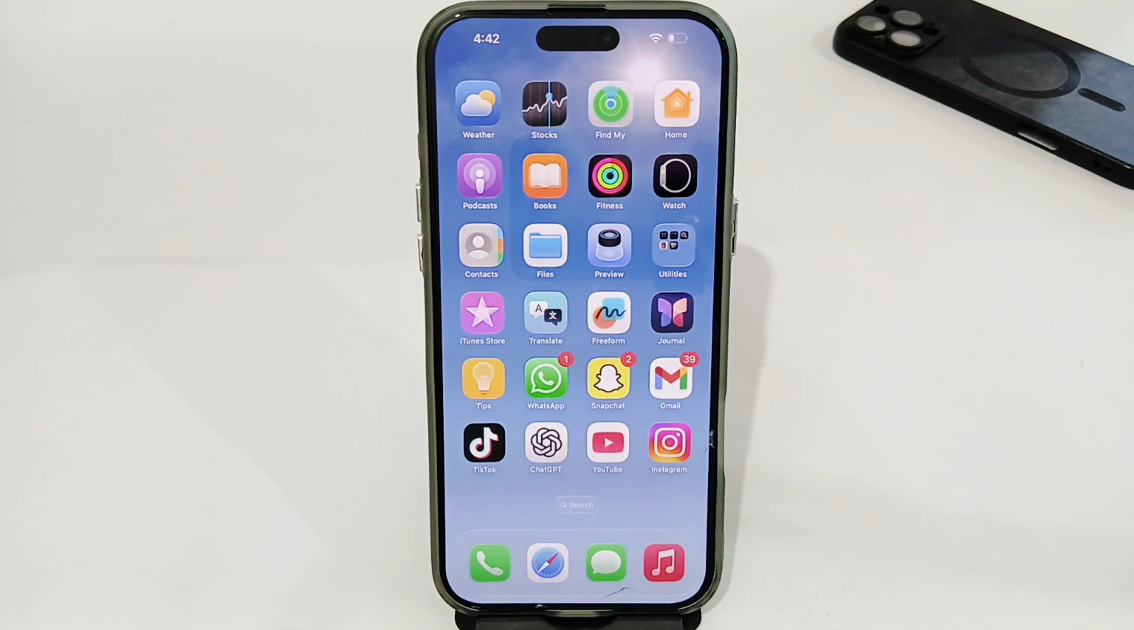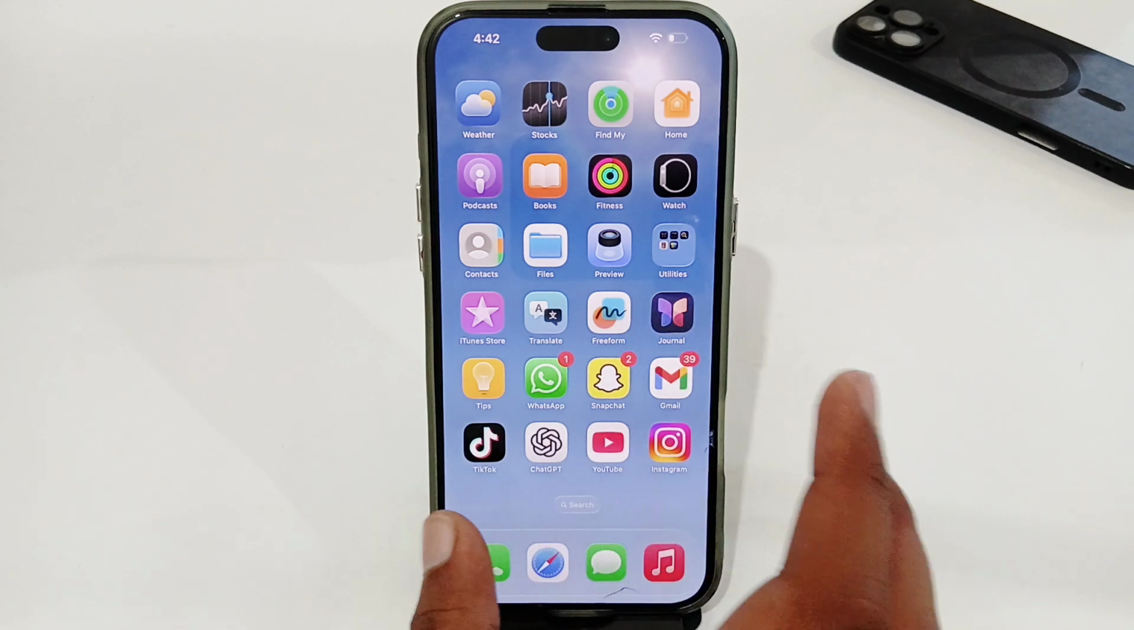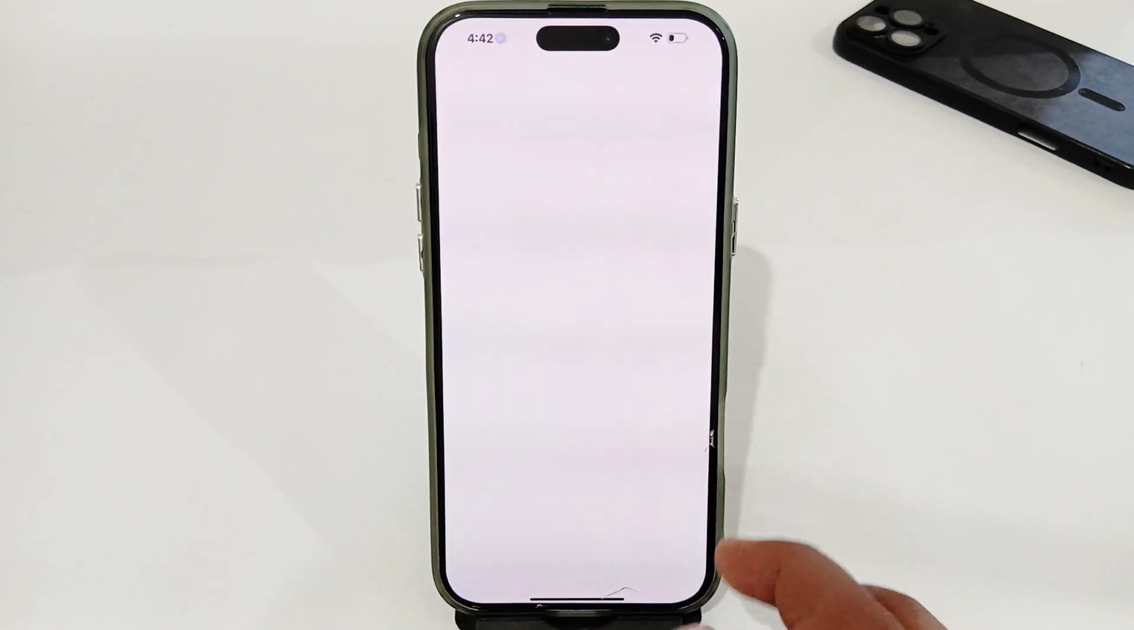Hey guys, today I'm going to tell you how to create a sticker on WhatsApp on iPhone. If you're using any iPhone and you want to create your own sticker on WhatsApp, let's see how you can easily do that. First of all, you just have to open up your App Store and here go for